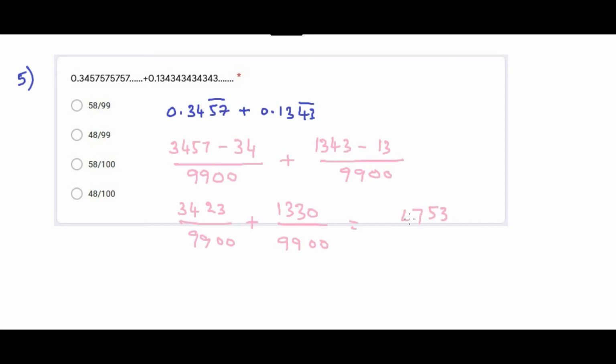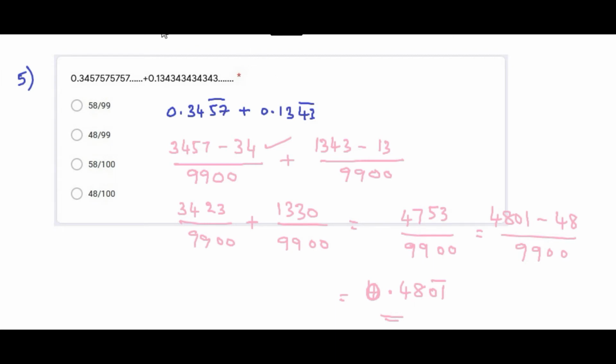3578, sorry, 4750 divided by 9900. This can be written as 4801 minus 48 divided by 9900, which is equal to 0 point, according to the same principle I am writing, 0.4801 bar. So this is the answer. Okay, I am extremely sorry, I somehow misled these answers, so the answers are not correct. This is the correct answer, you can correct it: 0.4801 bar.